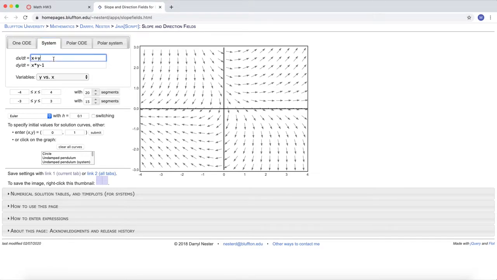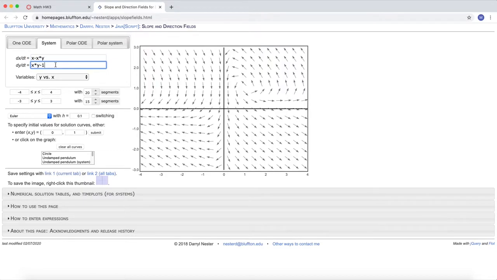And here I'm going to try out some system stuff. So remember that shark tuna thing we were talking about, where the prey X grows exponentially, but then it gets taken out of the system by the predator, so there's that minus X times Y I'm going to put in. Notice that I have to put this little asterisk there to denote multiplication. If you don't put that in there, it's not going to work, unfortunately. And then the predator has plus X times Y because it benefits from the predator-prey interaction, but left to its own devices, minus Y, it would die out.